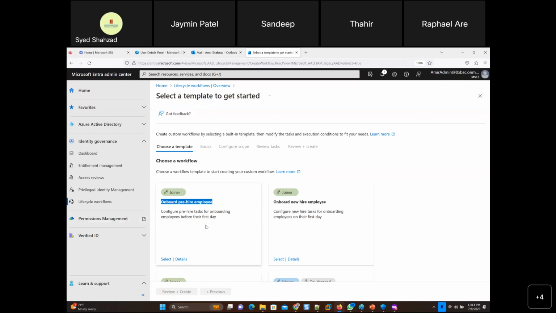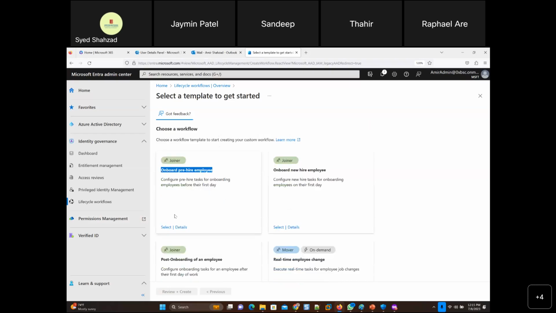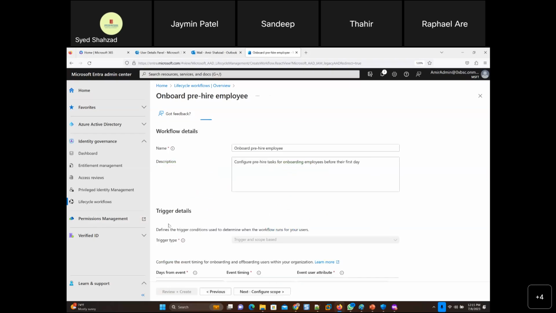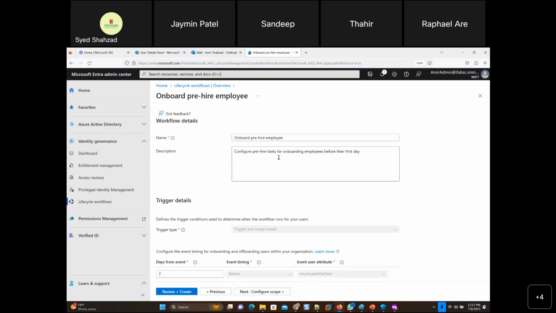So onboarding just means that the employee gets to know the company environment, right? So configure pre-hire tasks for onboarding employees before their first day. And then there's another one, configure new hire tasks for onboarding employees on their first day. So before the employee comes, do you want to automate something? If I click select here, it comes up as onboard pre-hire employee, configure pre-hire tasks.